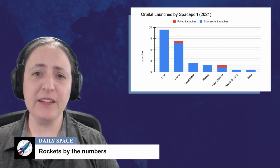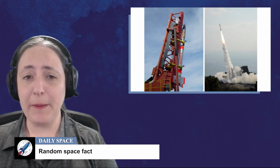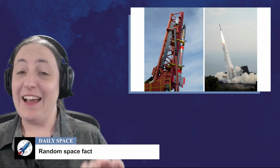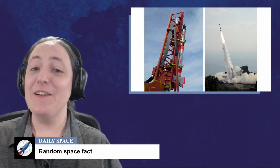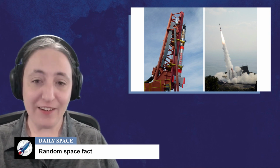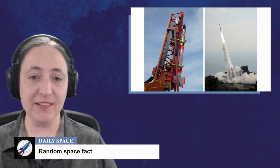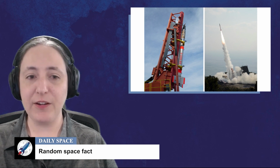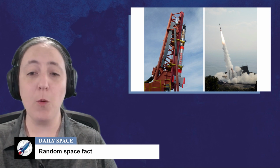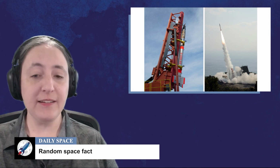And your random space fact for the week is that the smallest rocket to put something into orbit is Japan's SS-520, a converted sounding rocket created by adding a third stage to the S-520 two-stage sounding rocket. The SS-520 is 9.5 meters tall, half a meter in diameter, and weighs 2.6 metric tons. Although the first launch of the SS-520 failed, the second launch succeeded in putting the 3-kilogram Tricom-1 Romeo CubeSat into orbit on February 3rd, 2018 from